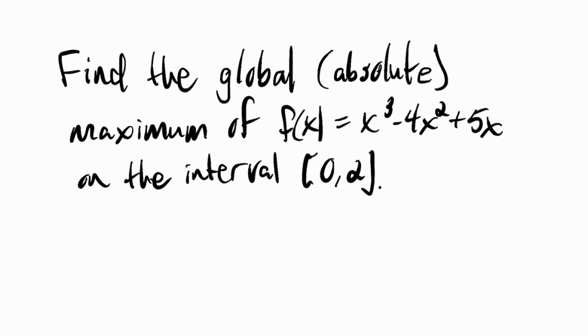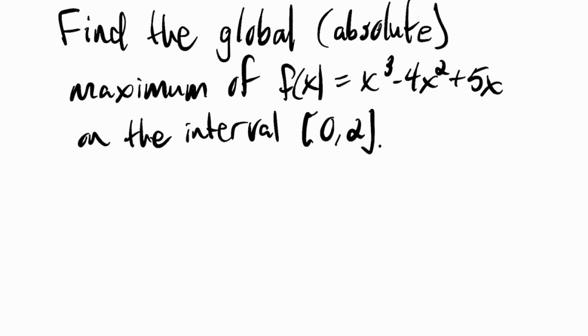So this is going to be a video on how to apply the extreme value theorem to find global min or max, or absolute min max, same term, different terminology, same idea, for a function on a closed interval. According to the extreme value theorem, since we have a continuous function, meaning there are no asymptotes or gaps in